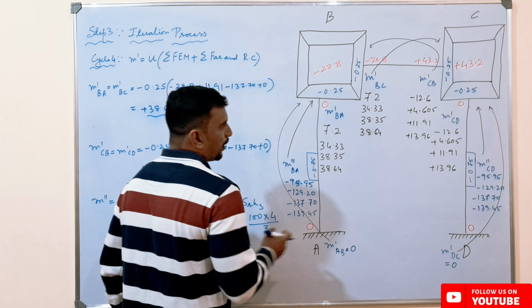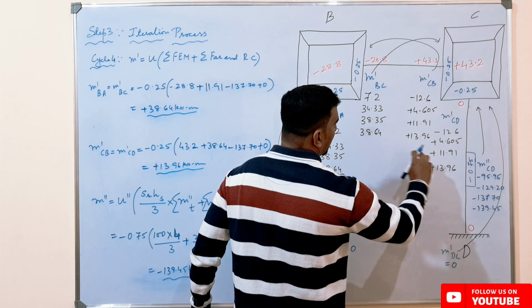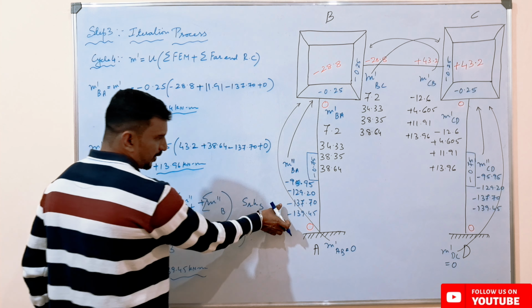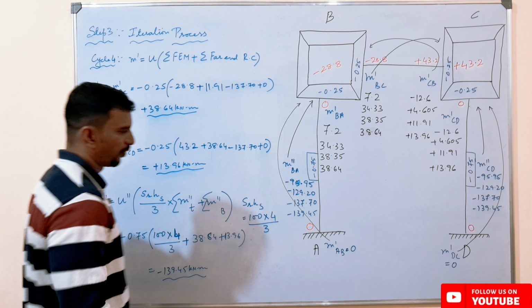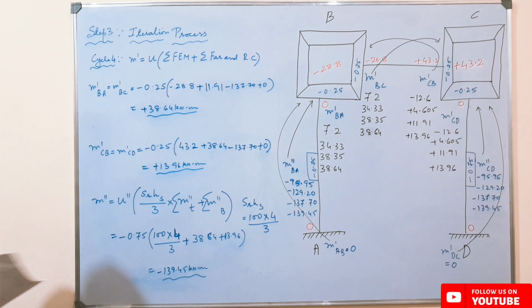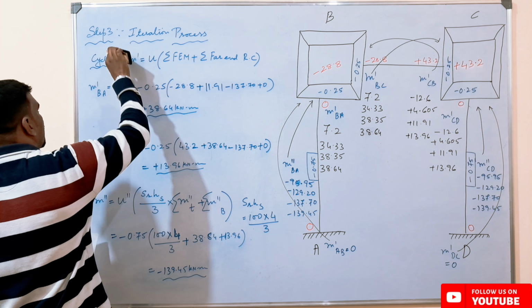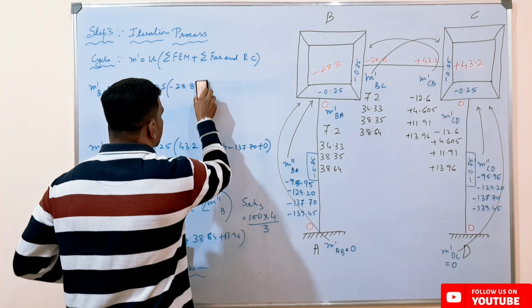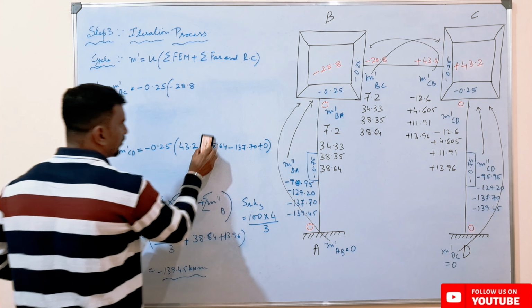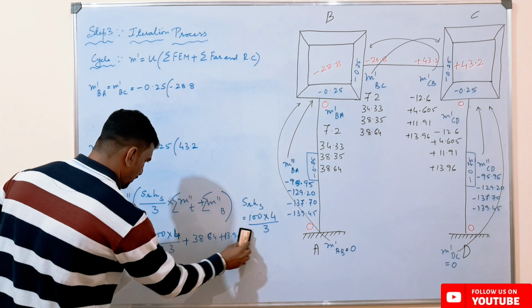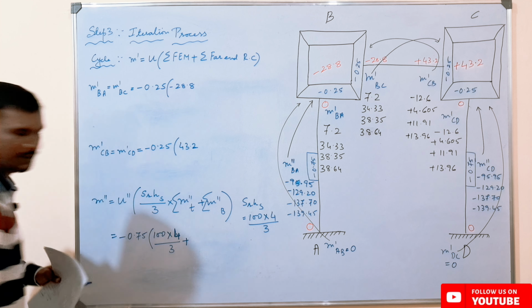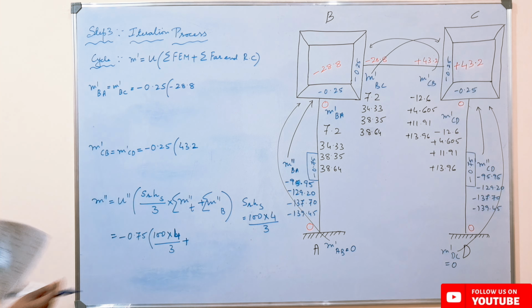So if we observe over here the values about m dash BA and m dash BC, it is almost similar over here, but in this case m dash CB and m dash CD, it is still not identical. Here also 137.7, 139.45. So we shall see for another one cycle, probably we can get identical values. So going for the fifth cycle,